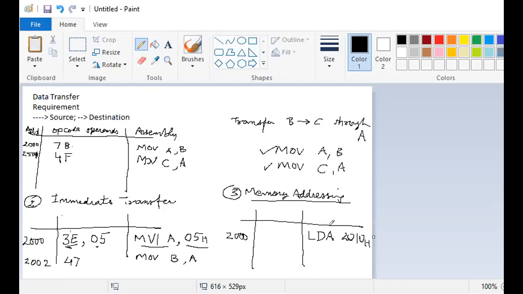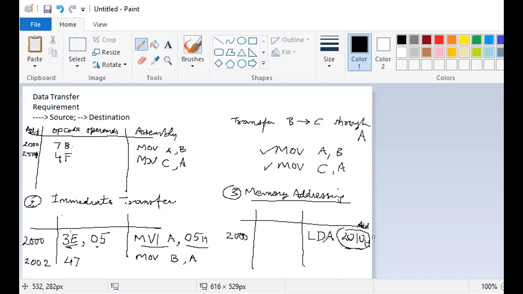So the hexadecimal or the machine code for this instruction, how do you interpret first? This instruction has a 2 byte operand, which is the address 2010H. It is a 2 byte operand, which is nothing but the address, a hexadecimal address.